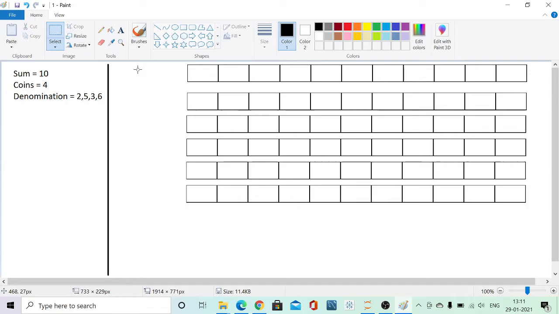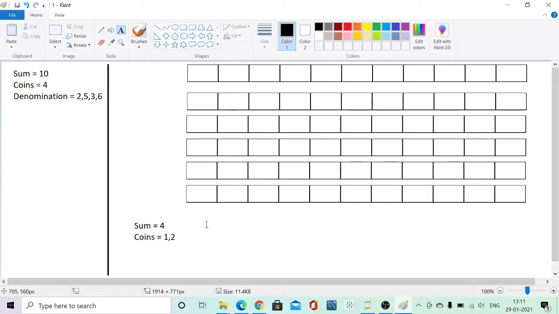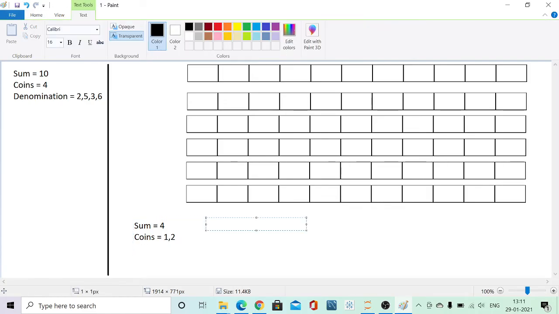Now before proceeding with the code, let's say if we have to find the sum of 4 using the coins of 1 and 2 denominations. So in how many ways can I do this? Now one of the ways is that I use 4 coins of 1, that is I am using only the coin of denomination 1.